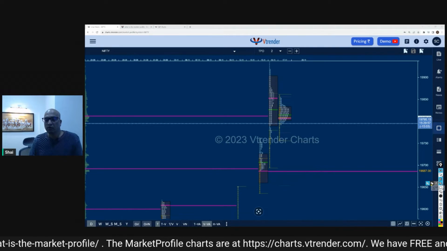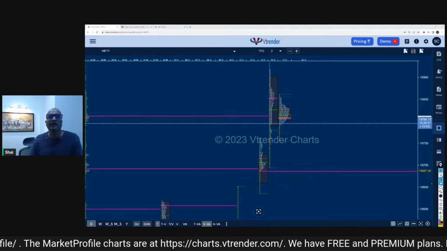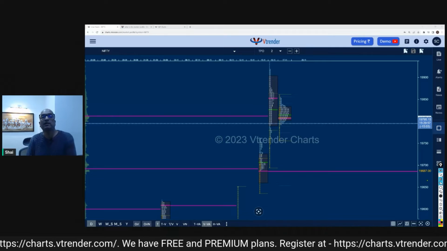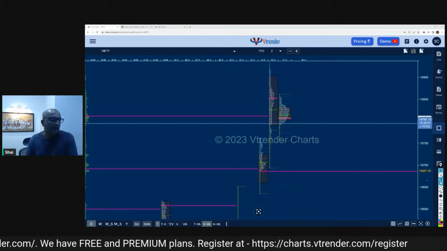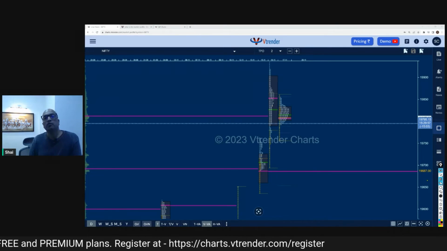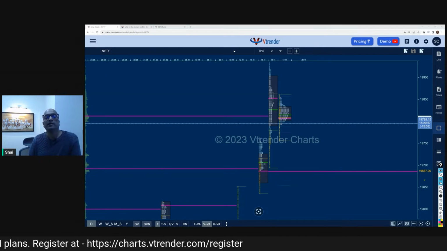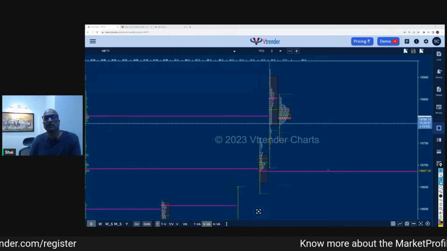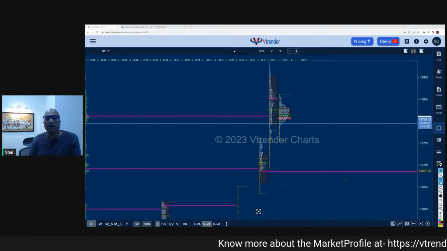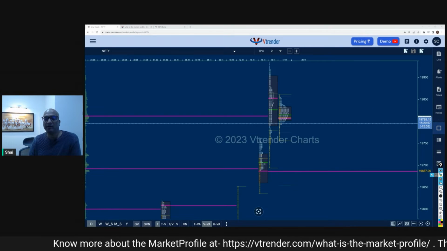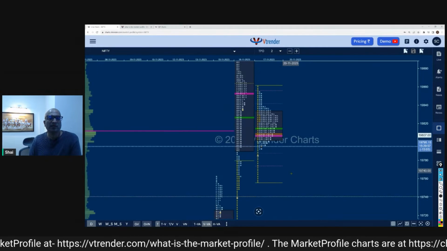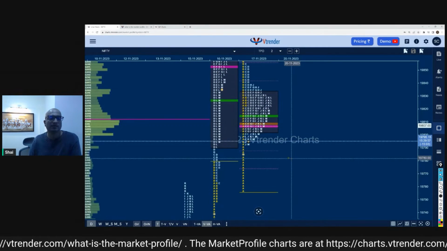So these are two concepts. So far, so good, I hope. One is TPO, time price opportunity. Second is the understanding of value area. And remember, value area is the zone where the market has traded 68.6% of the volume the other day, right? Now, come back with me to a third concept of the market profile, which is called the POC, the point of control. Let's understand what the POC is, right?